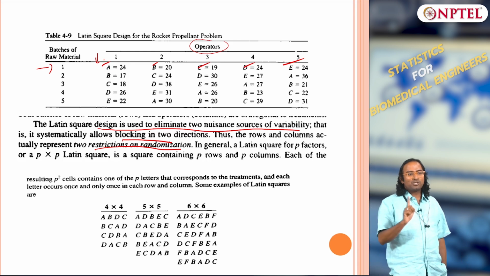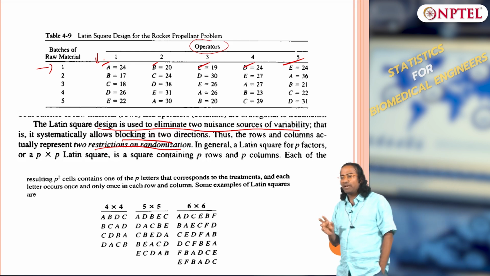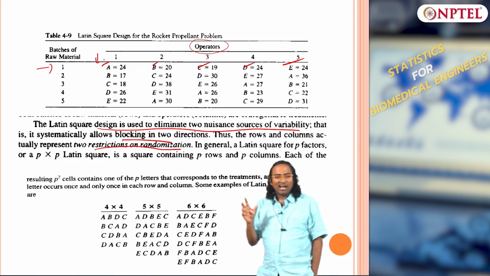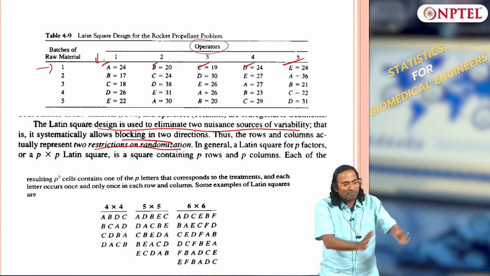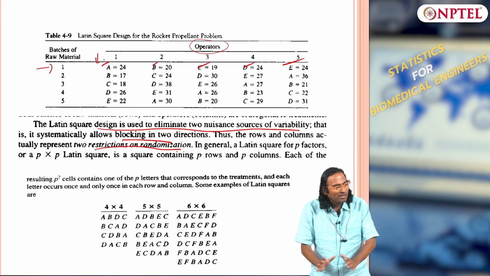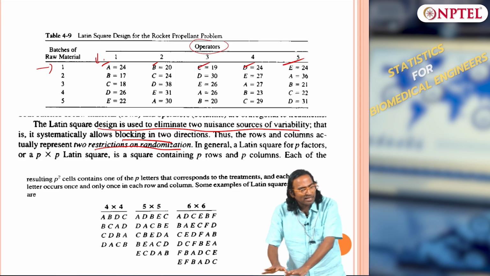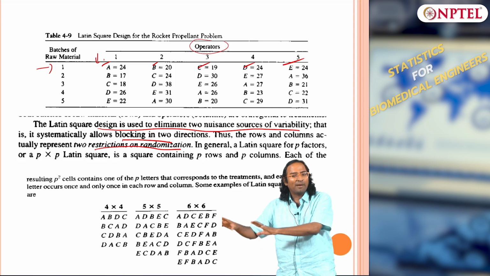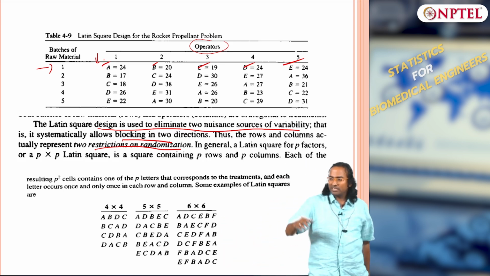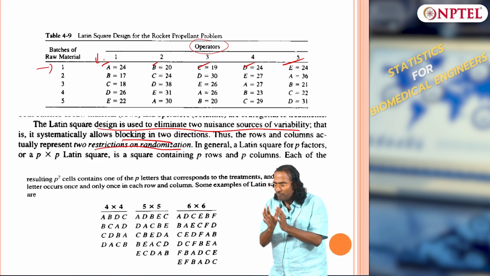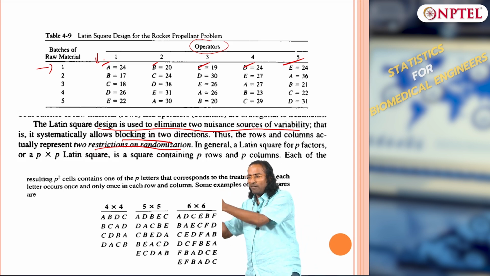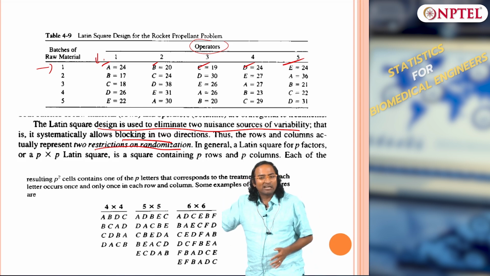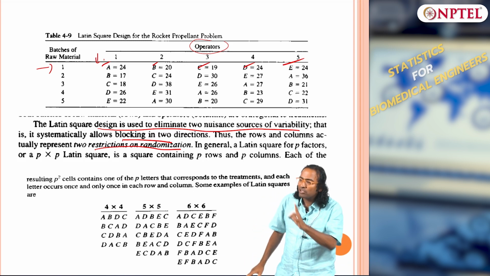This is a specific square design. You should pick the treatments, the nuisance factors, the rows, columns, everything has to match. I can replicate the square multiple times, meaning I finish the square, I do another set, I make another square, I make another square. To answer your question, I can make multiple small Latin squares and start working, but each should be a square design.